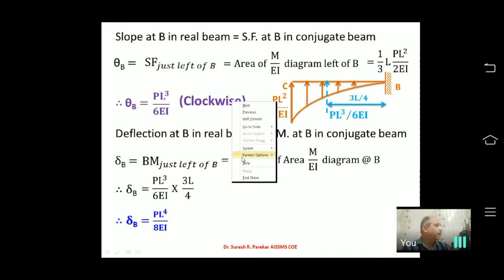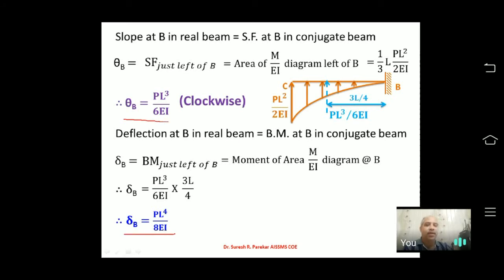So we have to keep these values in mind. I always say that you have to keep these values in mind because these are important values, and in competitive exams you have to remember them so that you can write them fast. Now this is the second, then we have the third. As we have a clockwise bending moment, we have deflection downward. So now we can go with the next problem.